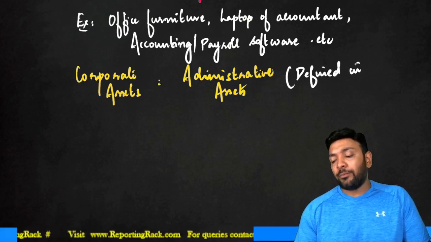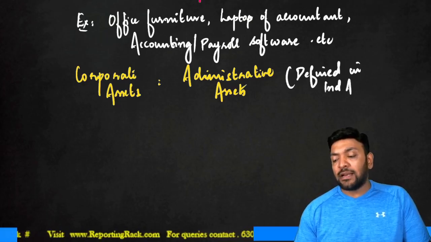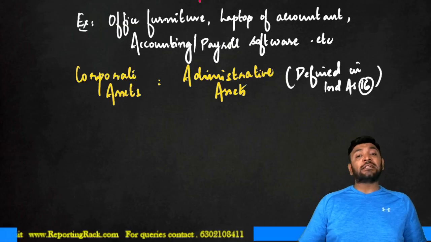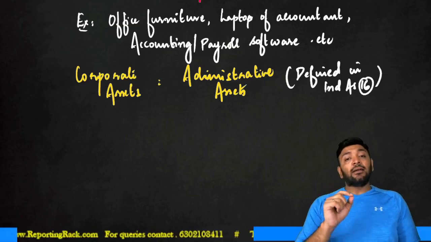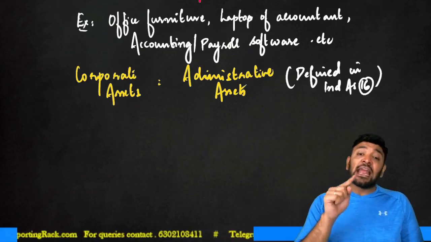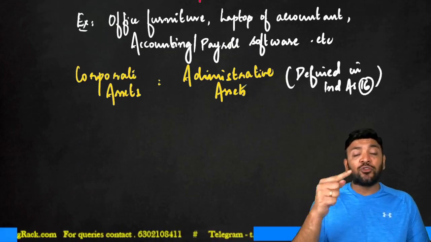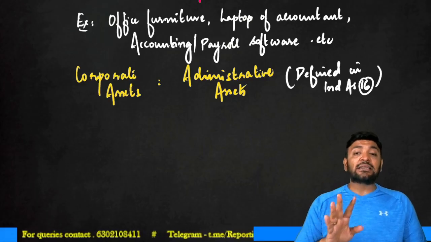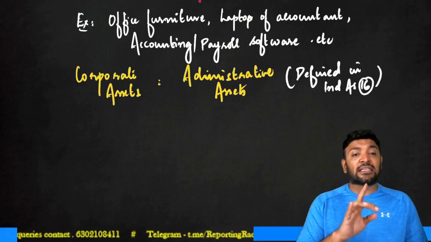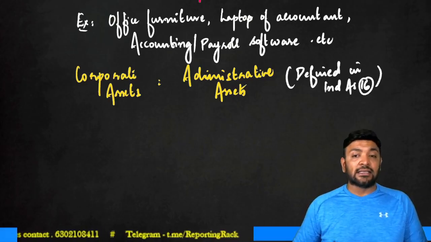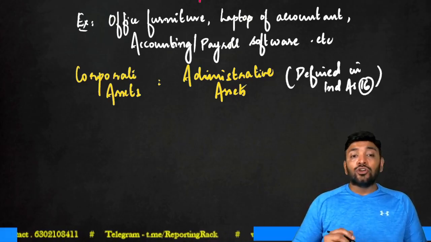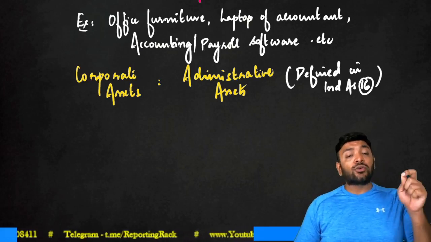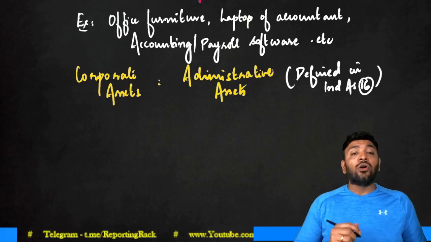If you remember, I told you administrative assets do not generate future economic benefits by themselves, but they aid other assets to generate some future economic benefits to the enterprise. That is why administrative assets are similarly called corporate assets under IND AS 36. Clear? So since you cannot impair this corporate asset individually, since you cannot identify the recoverable amount,